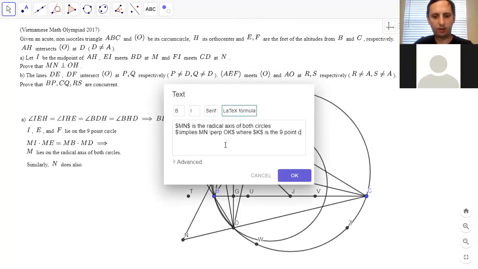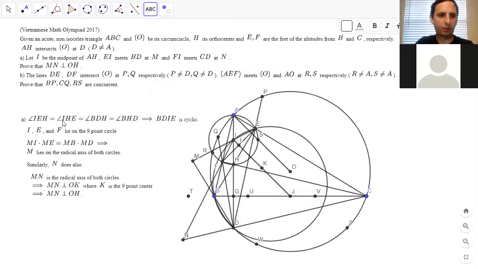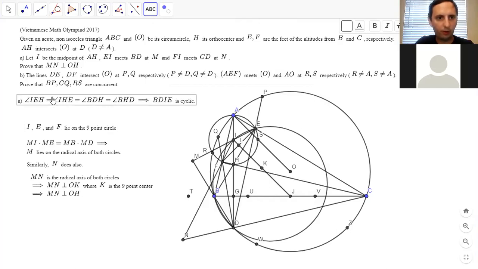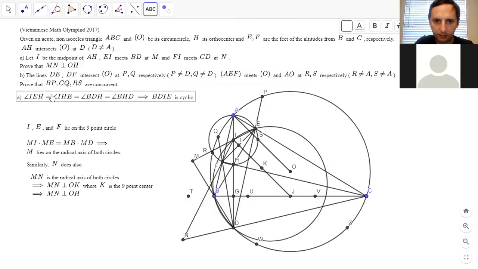And then that means that MN is perpendicular to OH. So that's part A. For part B, so the first thing you said, it's well known that BP and CQ